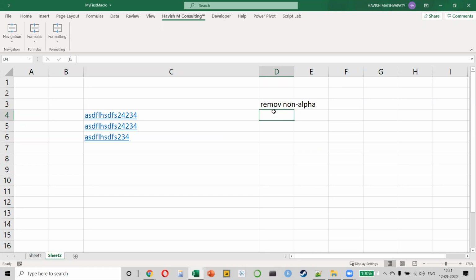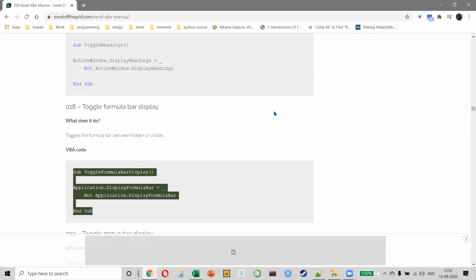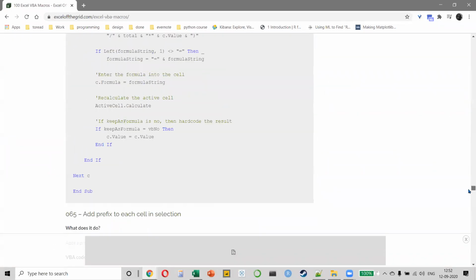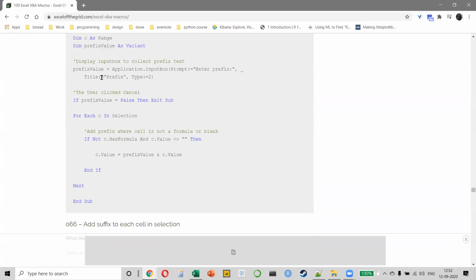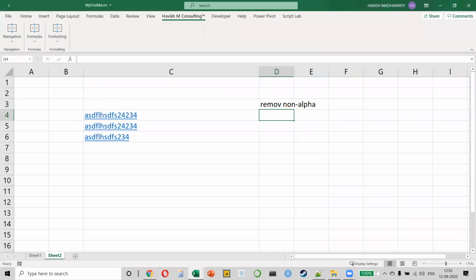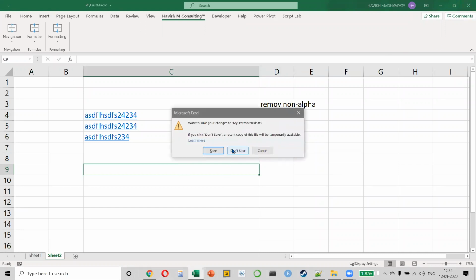Believe me, there can be no instructor, there can be no course that can teach you VBA. Unless you get your hands dirty with programming, you will never learn. Like I said, if you just want to copy codes from the internet, there are hundreds, thousands of codes available. But what is the point? How will you know how to use it? How will you know how to modify it? How will you even know what all is possible using VBA? That will only happen when you put in the hard work from your side. That's how I started my journey, and that is how I encourage you to start your journey as well.